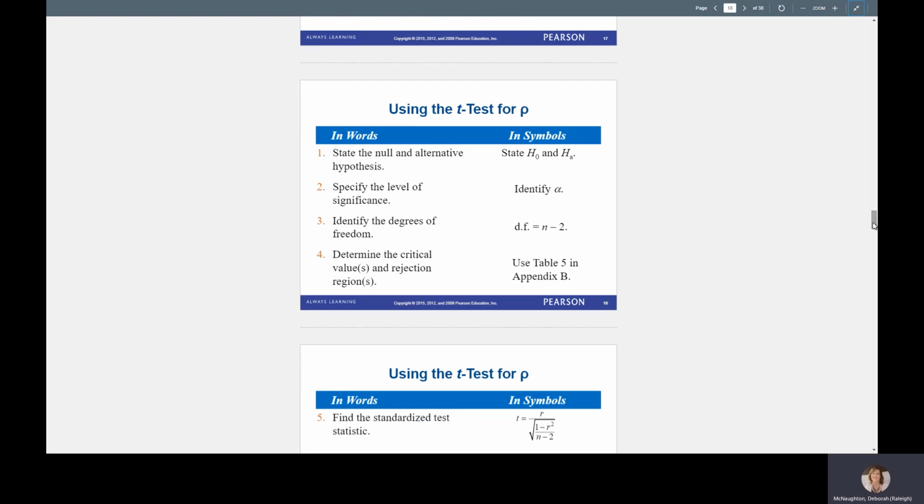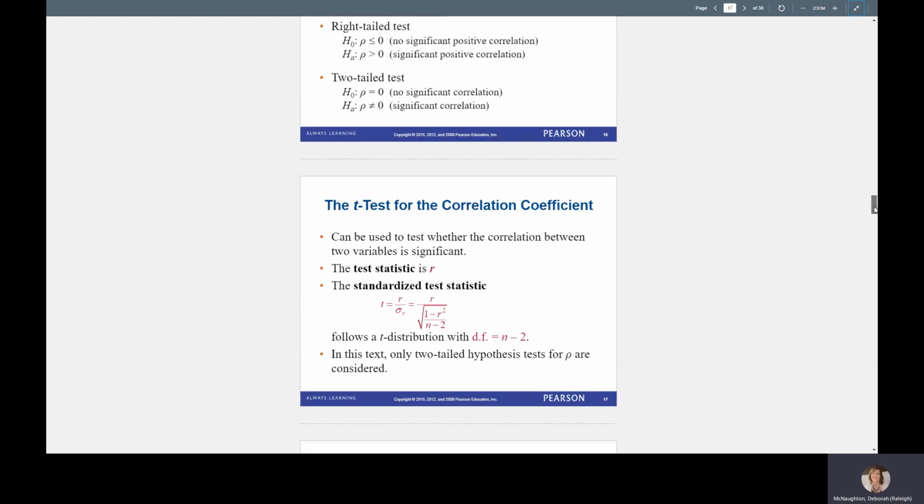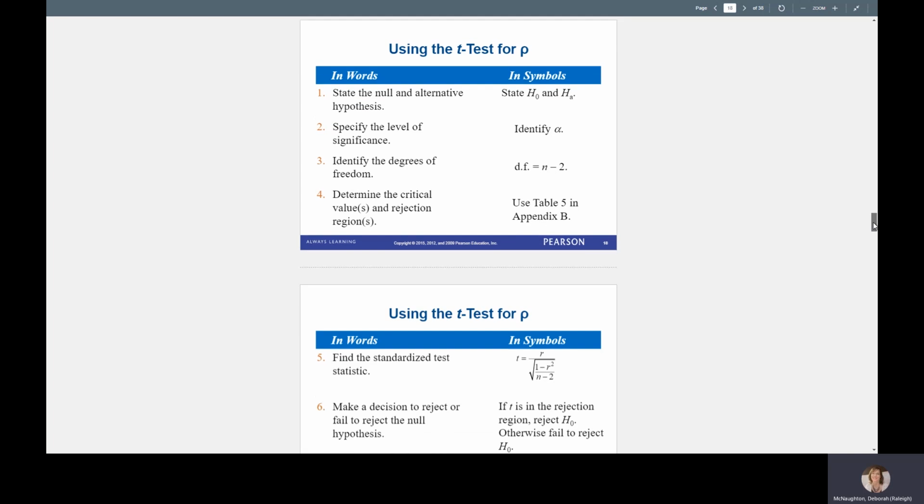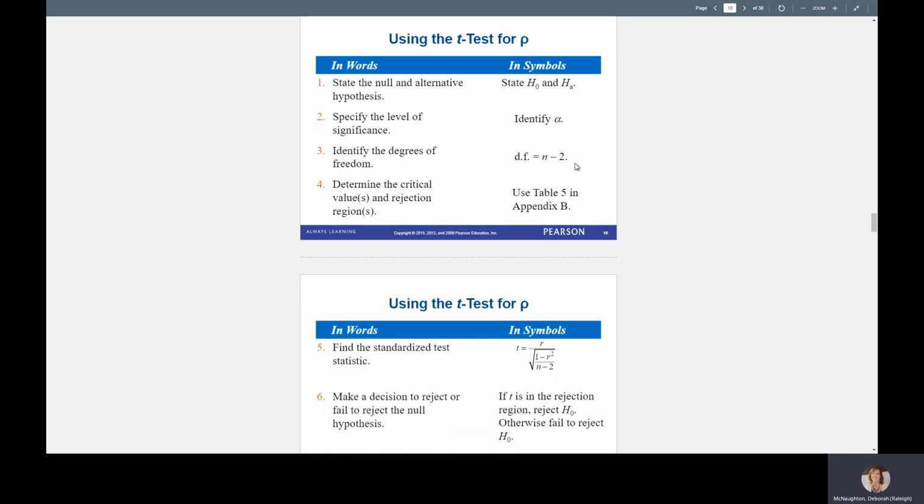So to do the t-test, we're going to state our null and alternative hypotheses. We only do two-tailed tests in this course, so that means we're using the two-tailed test. Our null hypothesis is that rho is 0, and our alternative hypothesis is that rho is not 0. Okay, so we're going to state those. They're always going to be the same thing. Then we specify the level of significance. The degrees of freedom are n minus 2, and then we use our t table in Appendix B,